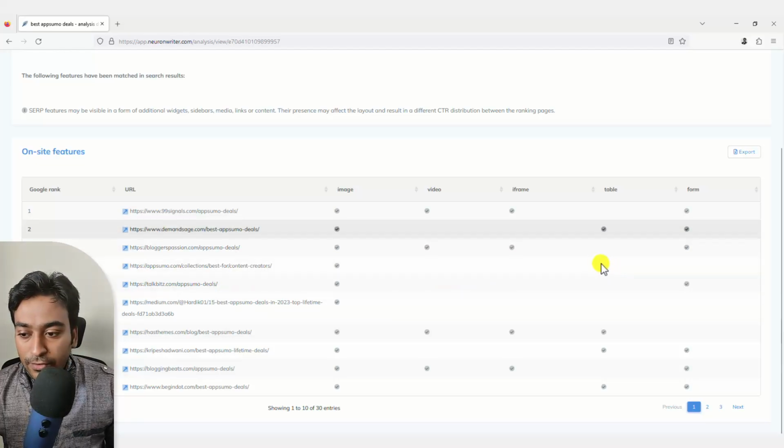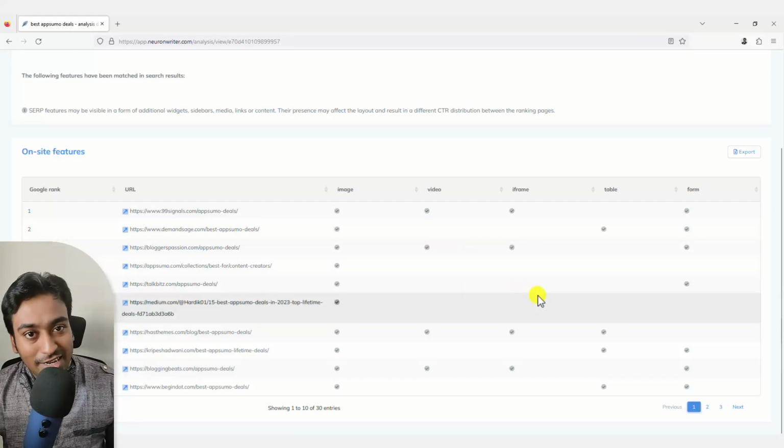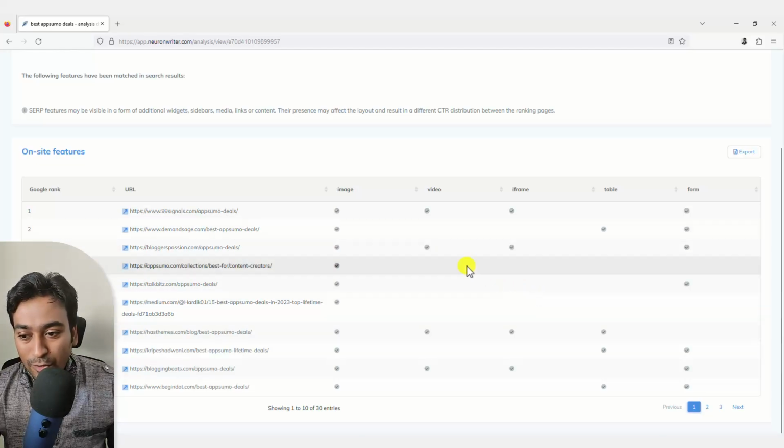If you see a lot of gaps here, that is where you optimize your content to have that extra USP or competitive edge over your competitors' content. In case you see everyone has done everything, then it becomes a necessary requirement for you to do that as well. So those details can be seen here.